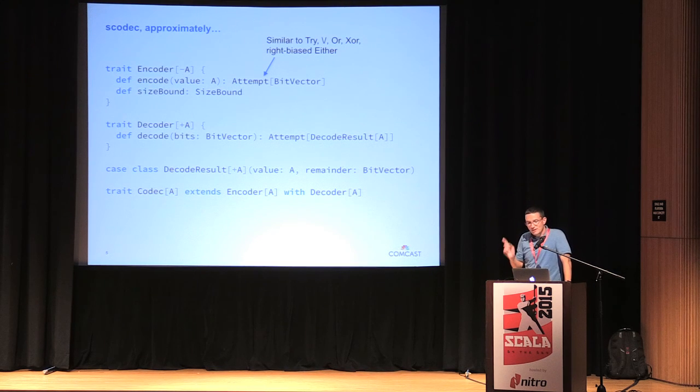One other thing to point out here is that unlike a lot of serialization frameworks, the encoder type doesn't return an attempt. It's defined partially over the possible inputs of type A. A lot of the times you'll see serialization frameworks define that totally, right? To say that encoders can always encode to a value, and can't when they decode, they'll be